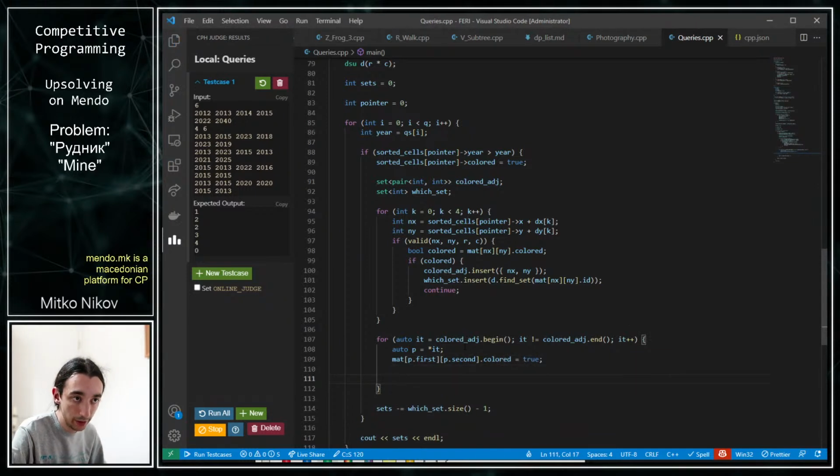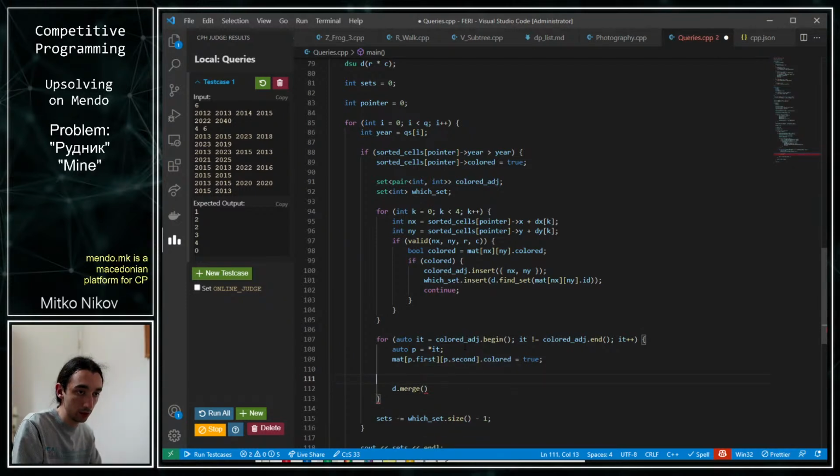We are going to color that, and not only that, the set at which this goes, all of them are going to merge together. So all of them are going to merge together. So int id is mendo first second id, int id. Now id is like merge with